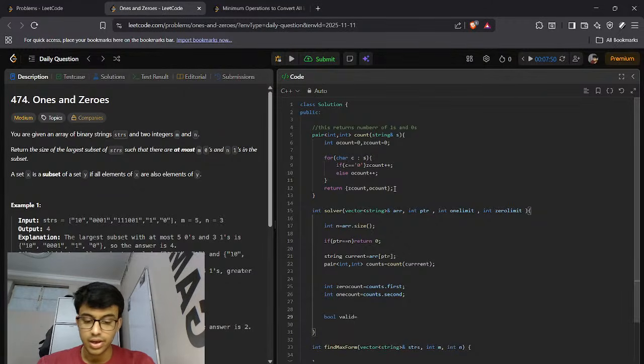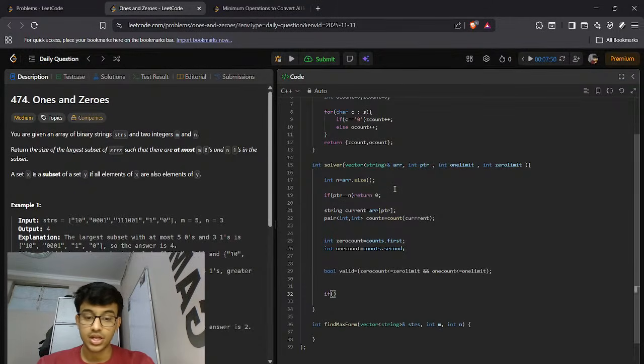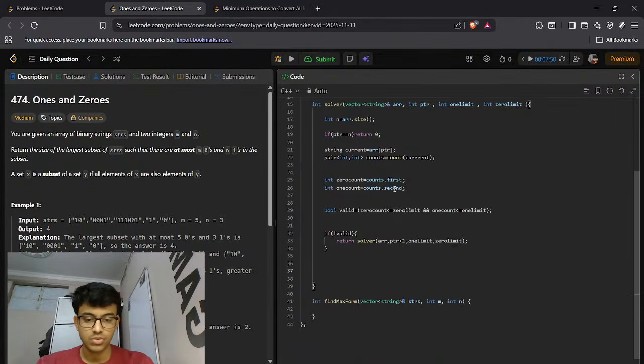Bool valid means if we can pick it or not. Bool valid is zero count is less than or equal to zero limit, and then one count is less than or equal to one limit. If it's invalid, then we simply skip. Then what we do is return solver of ptr plus 1, one limit remains the same, and zero limit remains the same. If it is valid, else